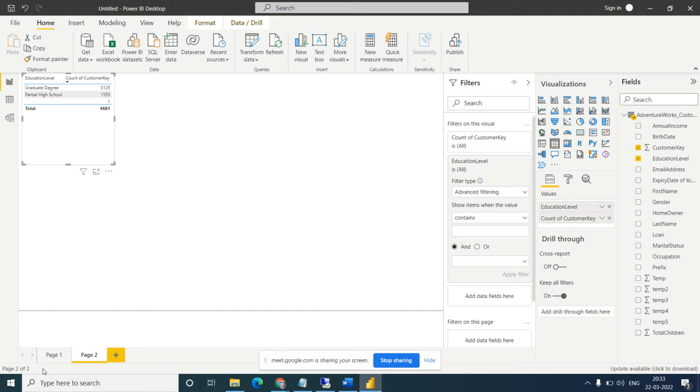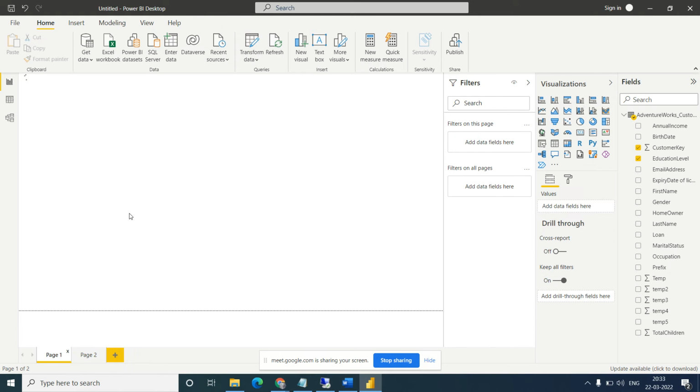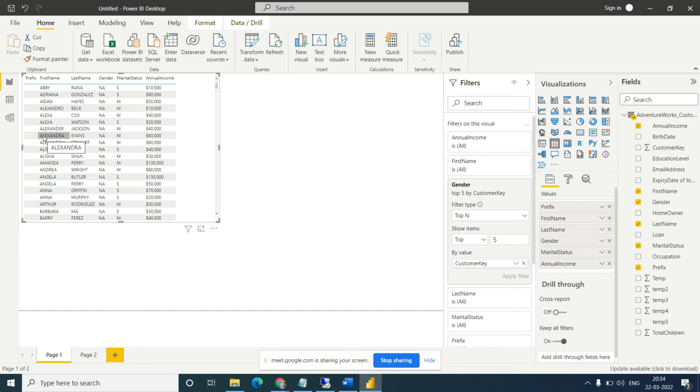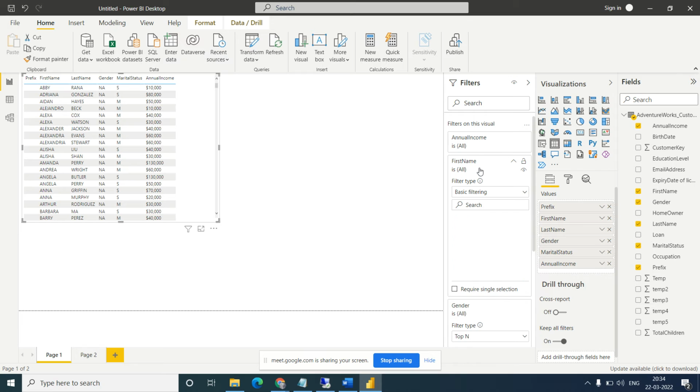Let's say now go back to page 1. In page 1 I want to know if any customer name is starting with P. Only those customers should be shown here. So what to do? First clear this filter. Go to the first name, because I am filtering on the first name. I want to find customers whose name starts with P. So go to the first name filter.